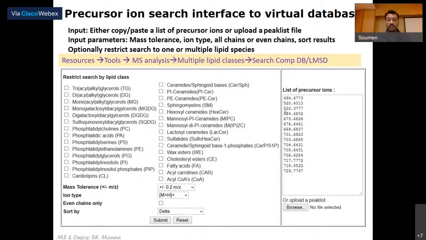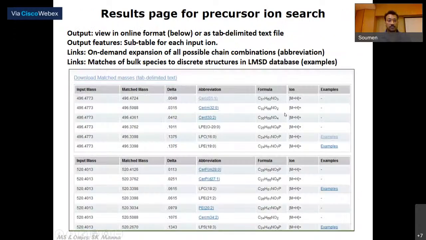So based on that, you paste that and get, for each mass that you have given, the matched mass along with the delta. That means the mass difference that is there. And it will give you what kind of molecule it is. For example, it can be ceramide or it can be LPC. As you can see, for a simple one mass that you have given, you can have several of them